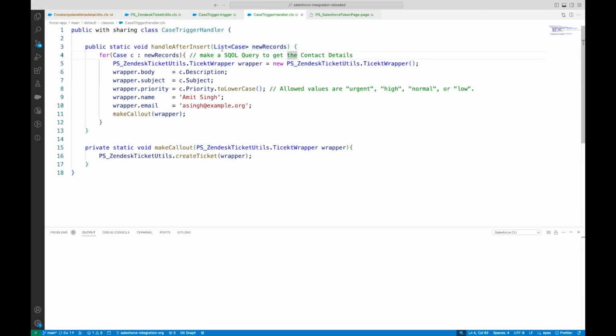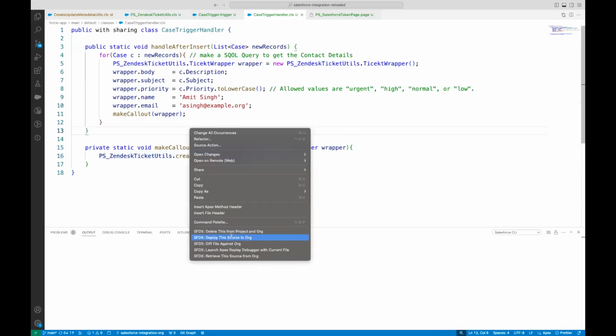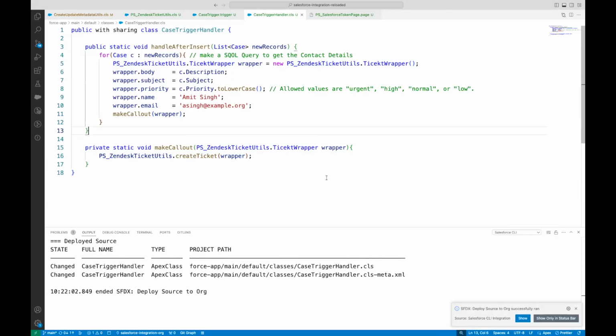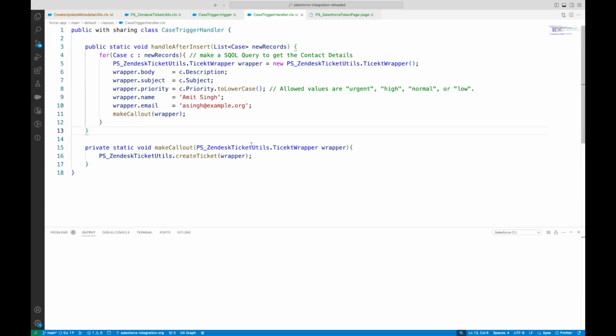So we have called this method, accepted the list of case records, and we are iterating one by one over each case record, calling another private method, and then calling the PS Zendesk ticket util method to create the ticket in Zendesk. Up to here everyone is clear, right? Yeah. So now coming back to the question, we said that we want to make a callout from an Apex trigger,